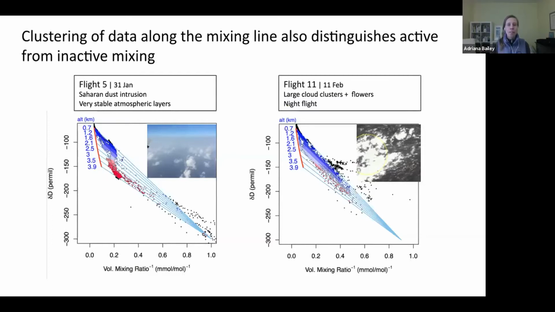So perhaps a little bit of a cautionary note or just something to keep in mind. When we look at these diagrams of the isotope ratio versus the volume mixing ratio, we have to be just a little bit careful in making sure that what we're looking at is currently active, as opposed to something that's been recorded, meaning mixing or convection that's happened in the recent past. On the flip side, this type of memory in our tracer can actually be really powerful for trying to evaluate shallow convective mixing on these larger spatial scales and in this more bulk statistical way. So something to keep in mind.